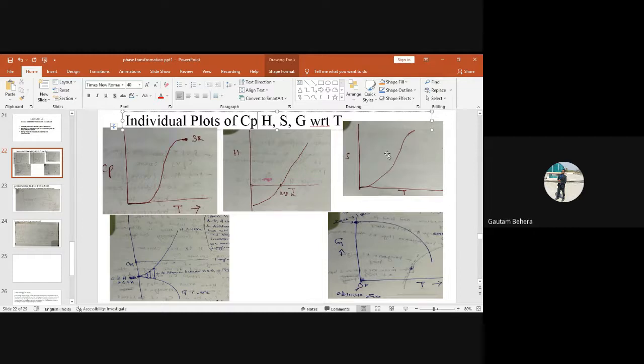Then entropy. Just look at this curve, entropy versus temperature. How many kinds of entropy do we have basically? Can anybody answer how many types of entropy are there in a material in general? Sir, thermal and configurational. Thermal and configurational, excellent. So thermal entropy is sometimes called vibrational entropy, that is due to vibration. Anyways, thermal entropy and configurational entropy, excellent.